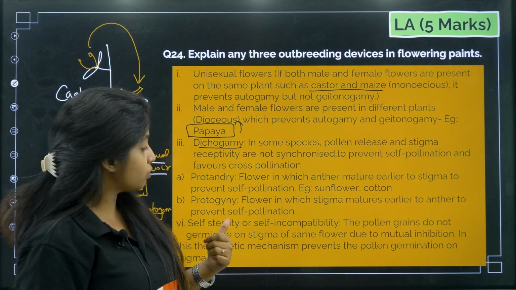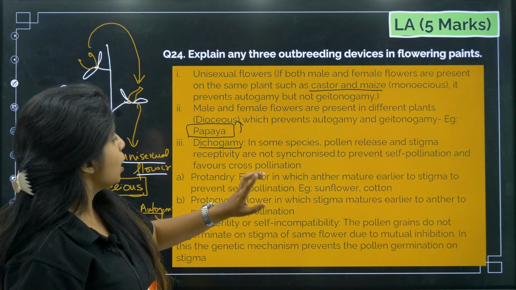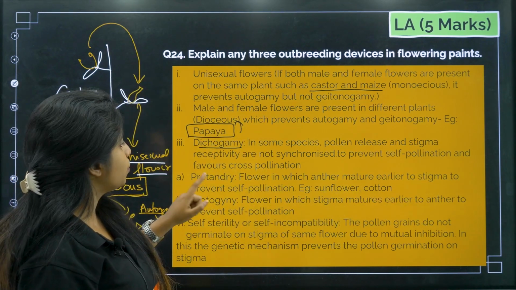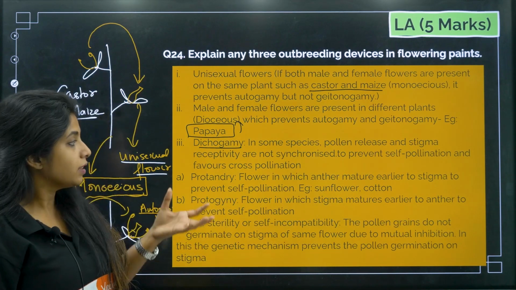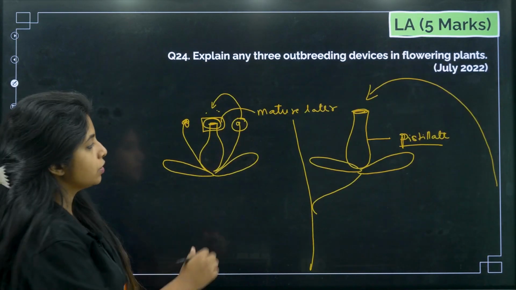Okay. Next one is known as protoandry. It is known as protoandry, where what is happening? Flower in which the anther matures earlier than the stigma to prevent self-pollination. Over here, in the flower, the anther is maturing first. This guy is maturing first. Okay, this is known as